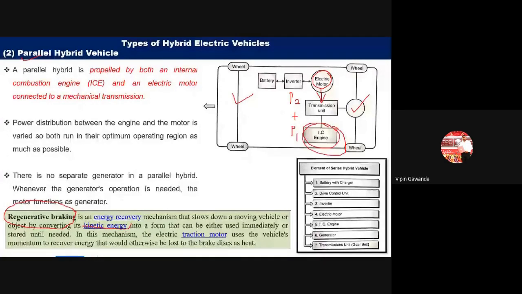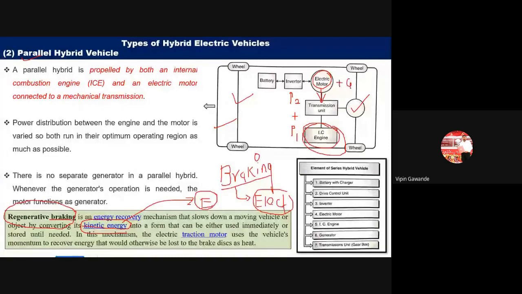It is connected with the motor or the generator, and when you apply the brake, that means when the vehicle slows down, we can convert that energy into electrical energy. So that system is also connected with these electric vehicles. During regenerative braking, when we apply the brakes, that kinetic energy we are using for conversion into electricity. So that is converted by the motor. The electric motor here sometimes acts as a generator also.